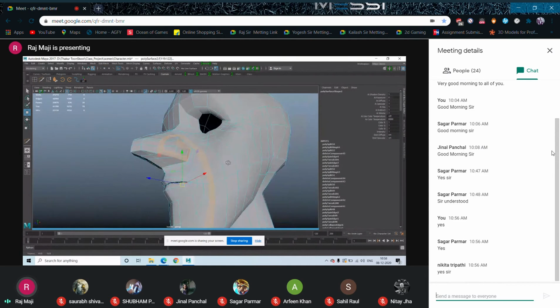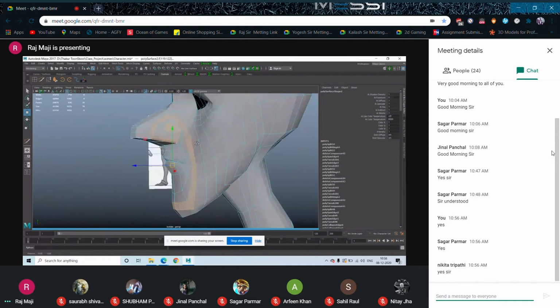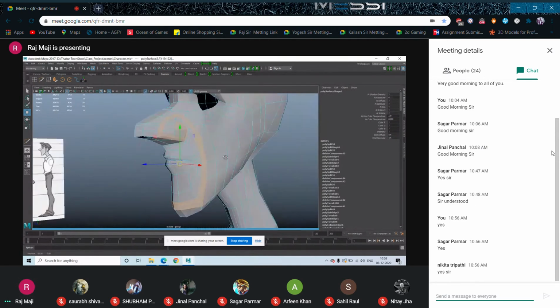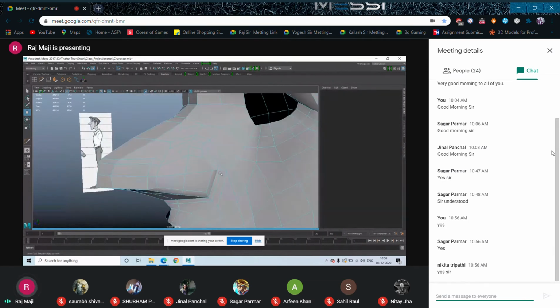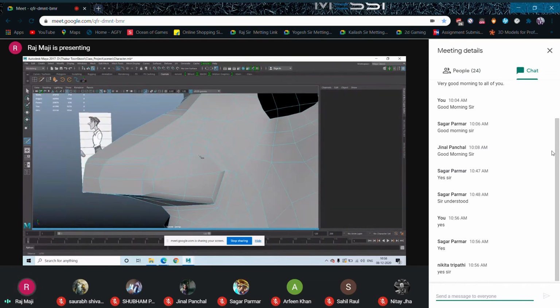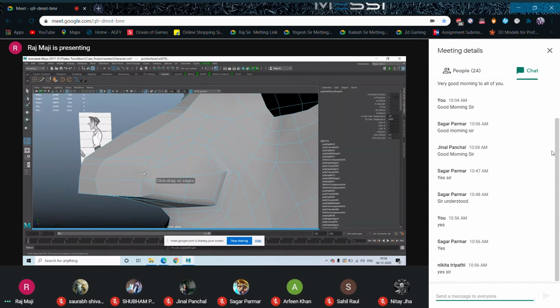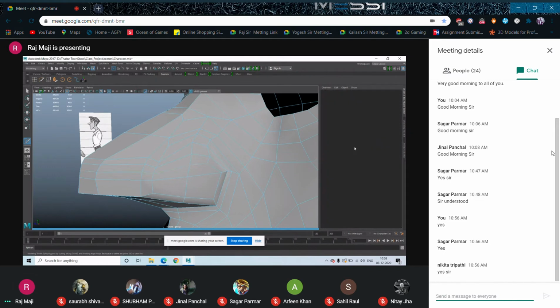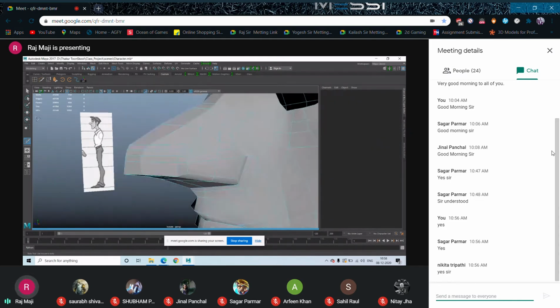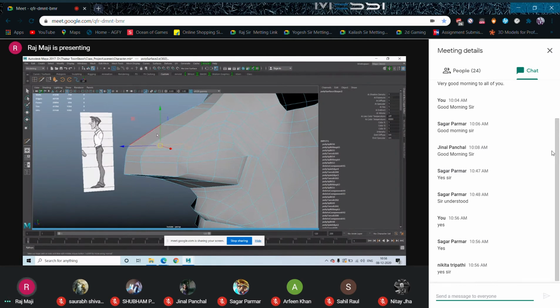This is what I was talking about. Okay, so still I can see this is a pentagon, so not a problem. Now I'm having too many edge loops in this area, so